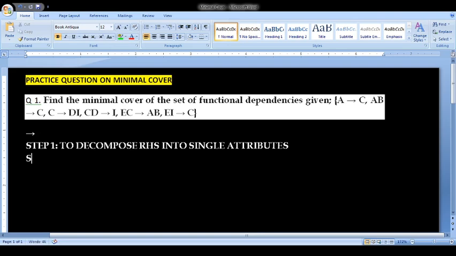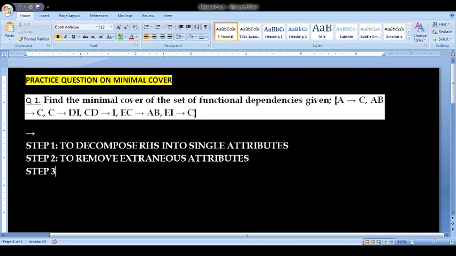Step 2 is to remove extraneous attributes. And step 3 is to remove redundant FDs, or functional dependencies. Okay, so these are the main three steps we have to follow to find the minimal set from a given set of functional dependencies.